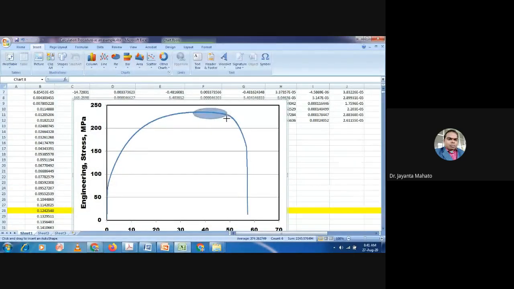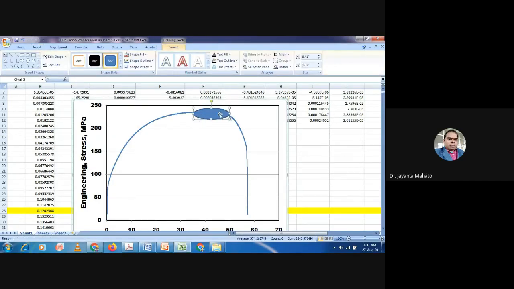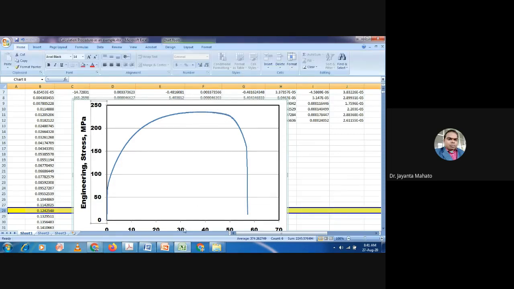The ultimate tensile stress will be in between this zone, so you have to zoom in on this zone. So now I am zooming in between this zone.